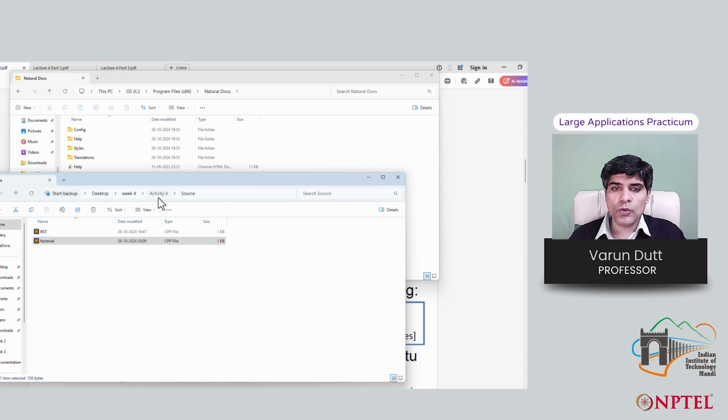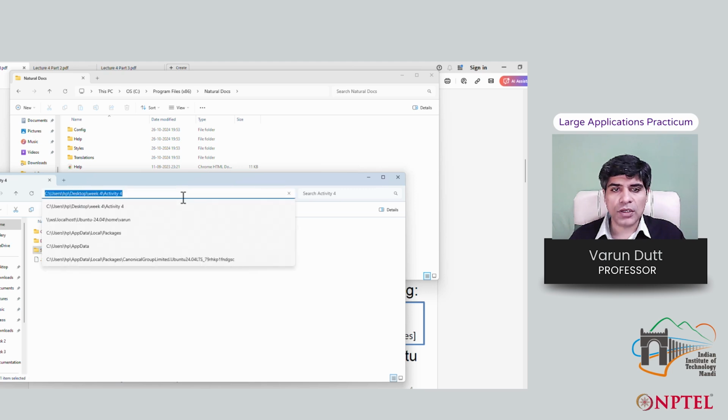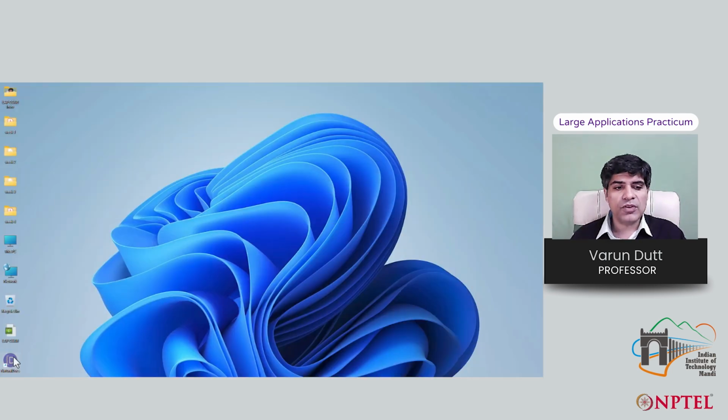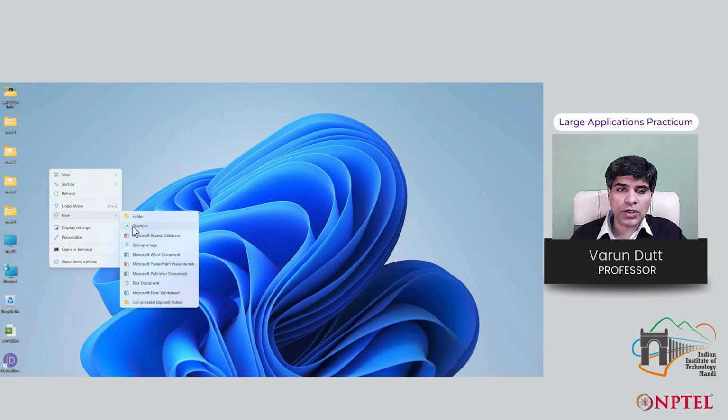What you generally have to do is create 3 folders: one is the config folder, one is the documentation folder, and one is the source folder. Then you need to give the path of these 3 folders as part of the shortcut. If you see on my desktop, I have a shortcut called Natural Docs. How did I create it? I right clicked, went into New, and chose Shortcut.